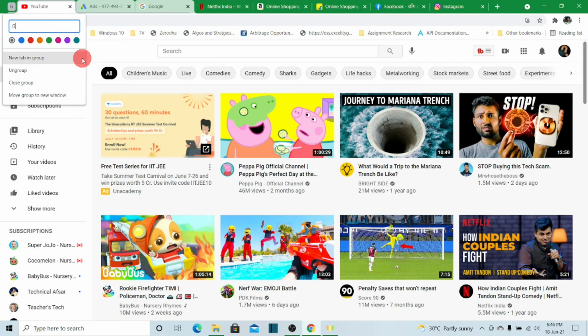Now you might have some obvious questions like what happens if I close my browser? Will these tab groups persist or do I have to use something else? So the bad news is by default, Google Chrome does not save all these tab groups, just like it doesn't save your tabs. So if I close it and I'm going to close this one as well. And if I come back and you can see all my tab groups are gone.